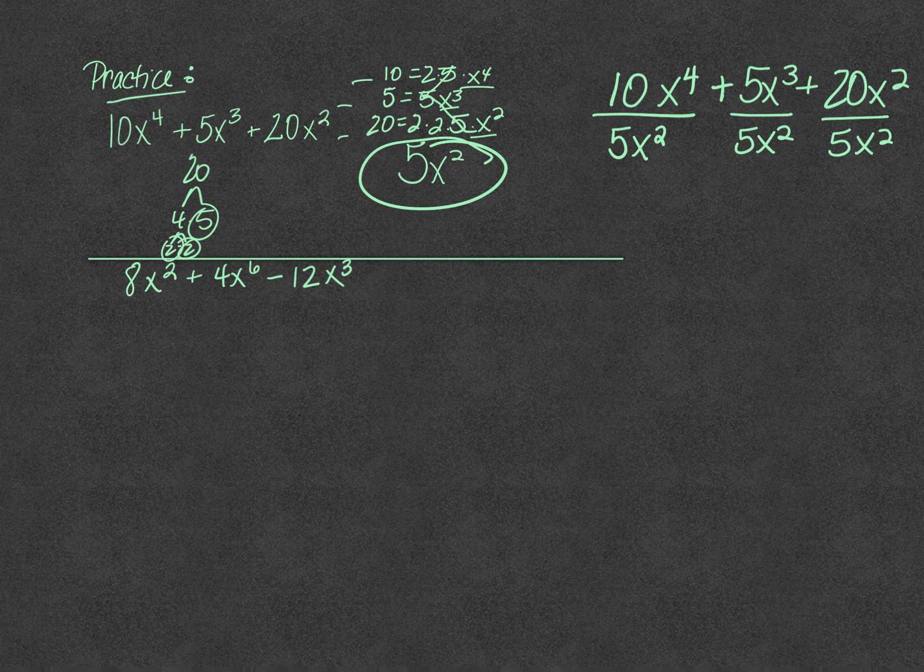So, 10 divided by 5 is 2. x to the fourth divided by x to the second, and your answer is going to be 2x squared plus 5x to the third divided by 5x squared